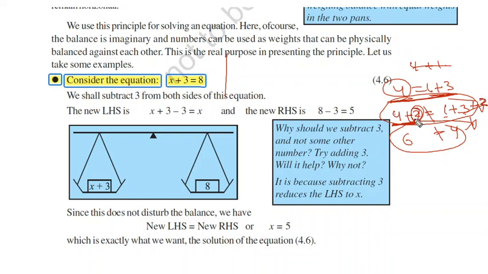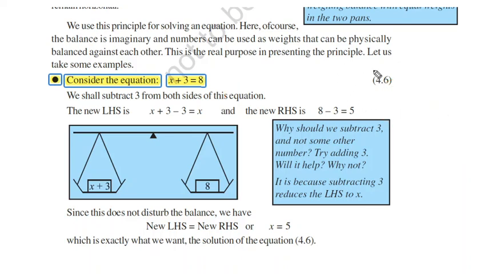What if I had added 2 on LHS and added 2 on RHS also? Now look at it. 4 plus 2 I have done here, and 1 plus 3 plus 2 there. 1 plus 3 is 4, plus 2 is 6. Then this would have been 6. In that case, this not equal to would have been equal to. So what did we do here? We added 2 on both sides.